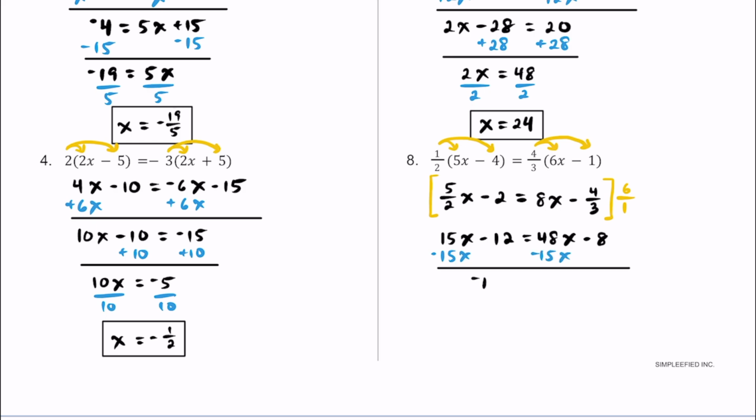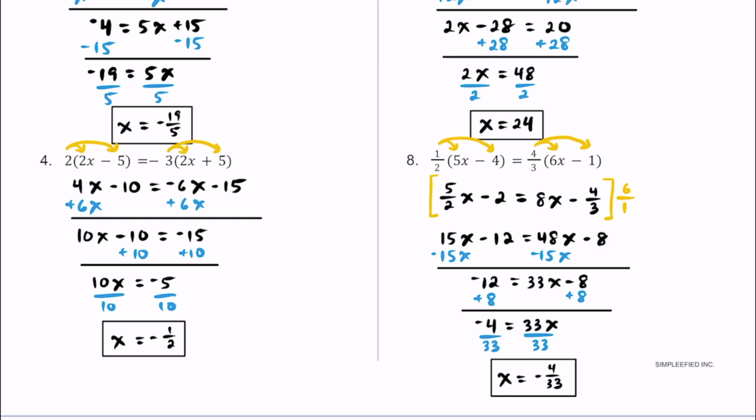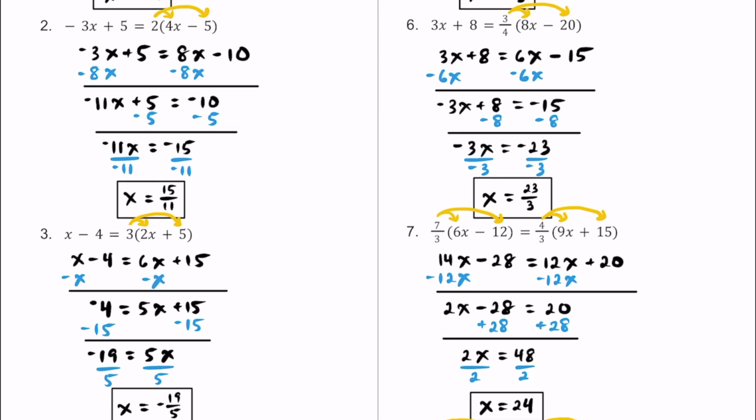Doing that, we're just left with -12 on the left side. On the right side, we're going to have positive 33x minus 8. Then following that, let's go ahead and add 8 to both sides of the equation. And when we do that, we get -4 on the left side is equal to positive 33x on the right side. And finally, let's go ahead and divide both sides by 33. So we get positive 1x, or just x, is equal to -4/33. So there you have 8 different practice problems on solving some multi-step equations that has a lot of distributive